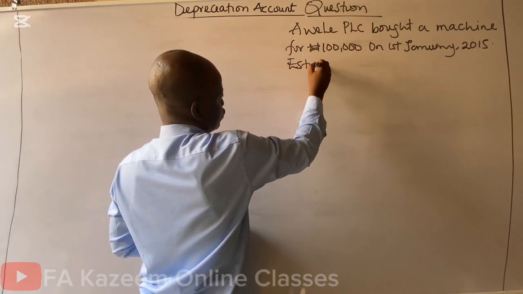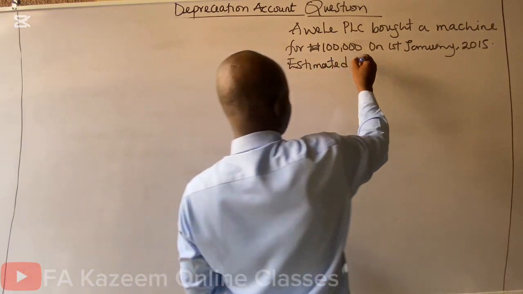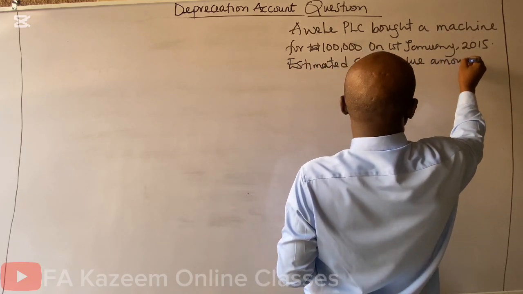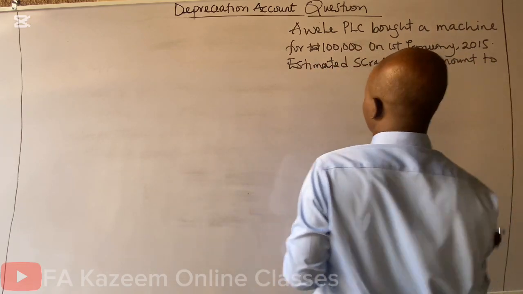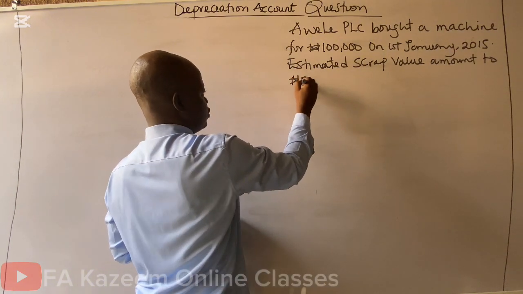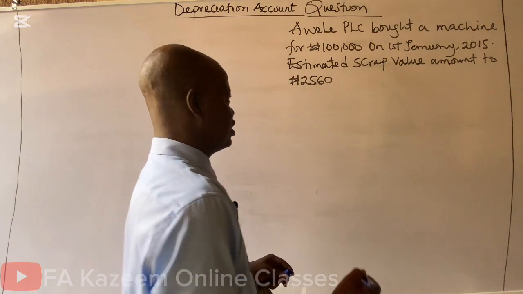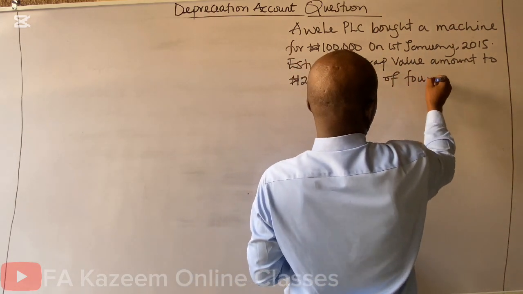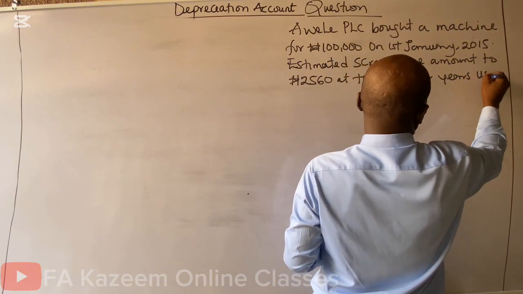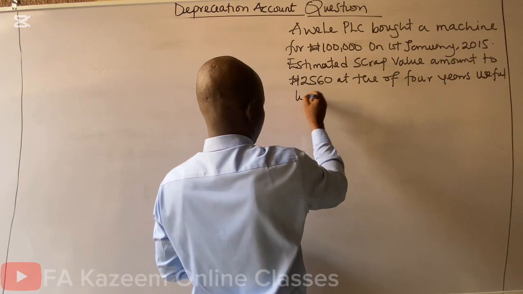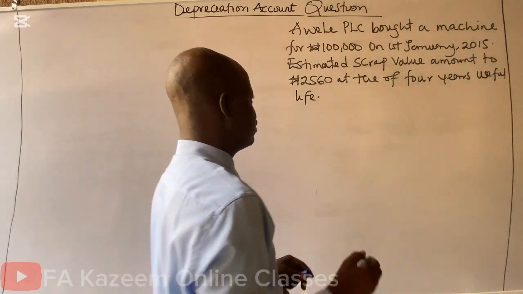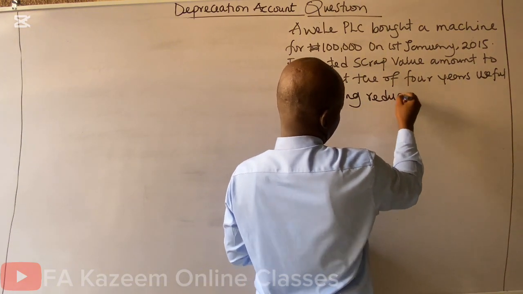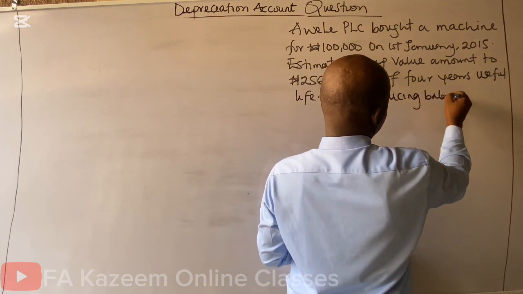Estimated scrap value amounted to 2,560 at the end of 4 years useful life. Using reducing balancing method,